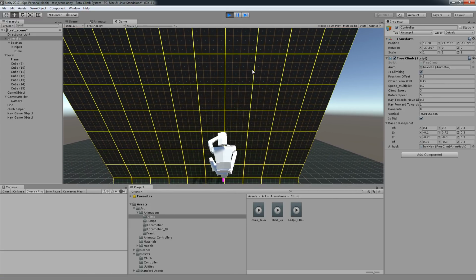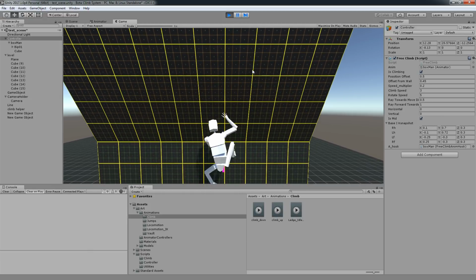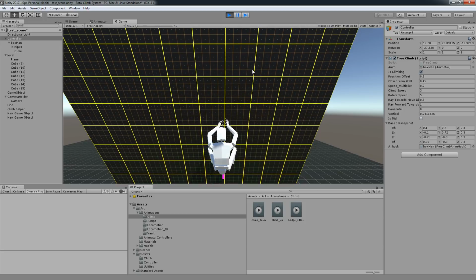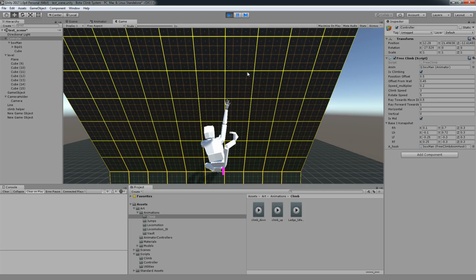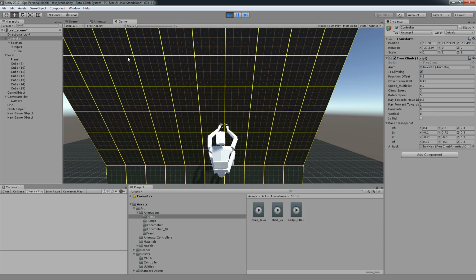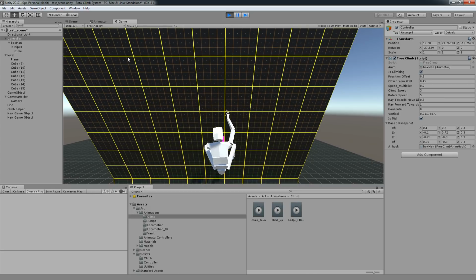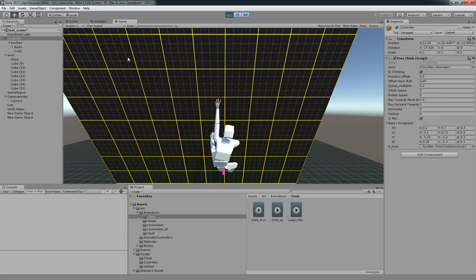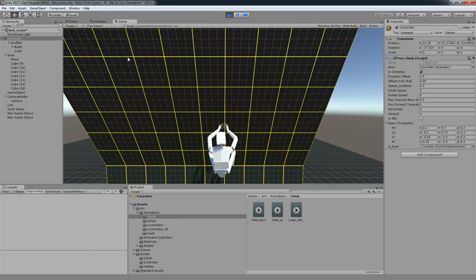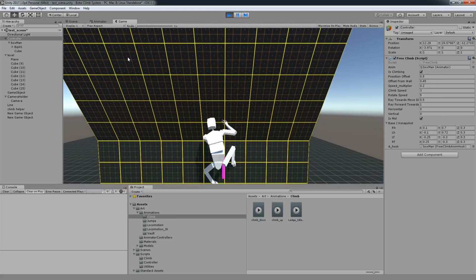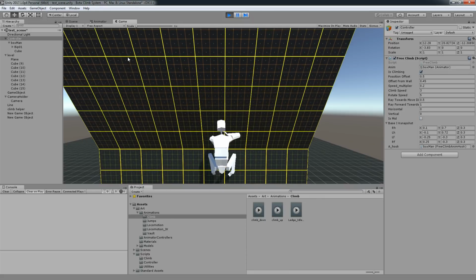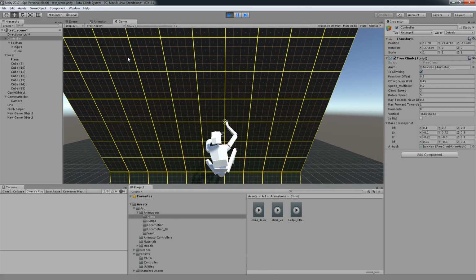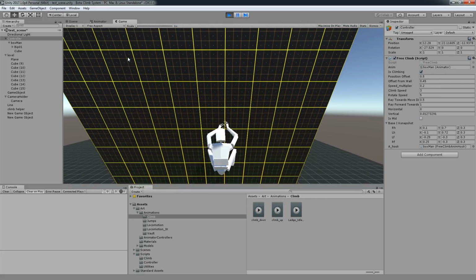Okay, we're going up, and you can see that we now fix the issue with the leg being, yes, I spoke too soon. It looks like there is, yeah, I think we have an issue with the 1-2.